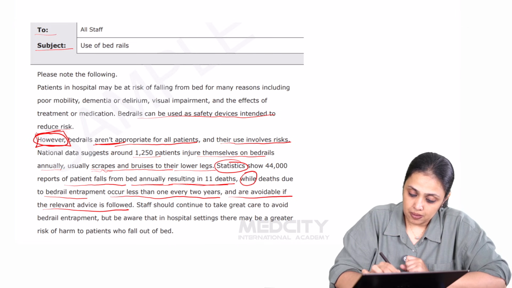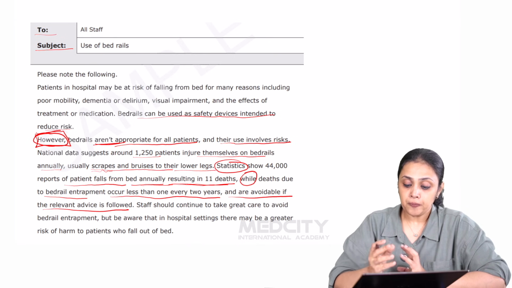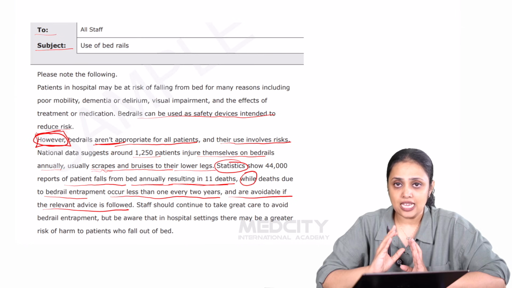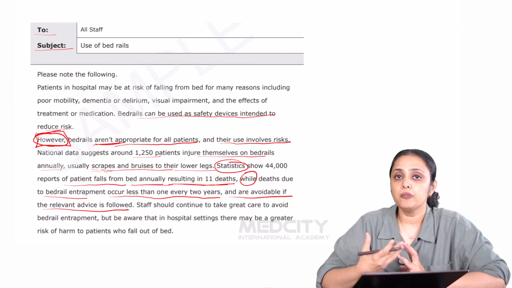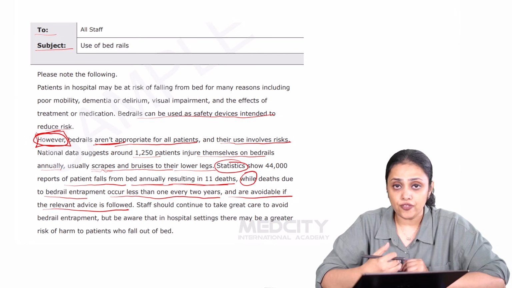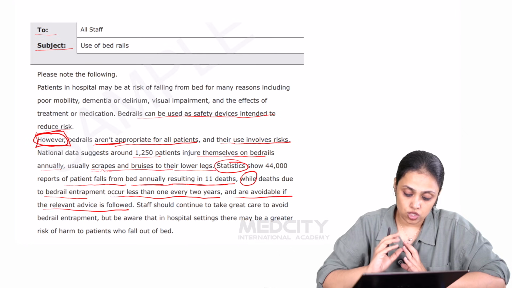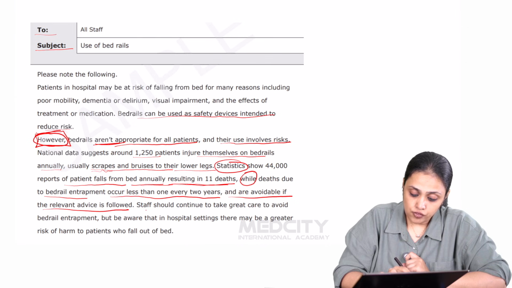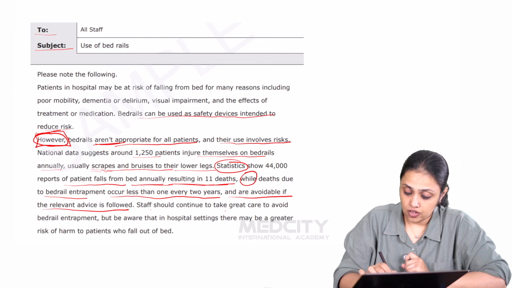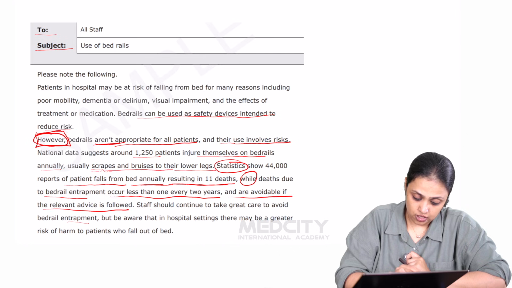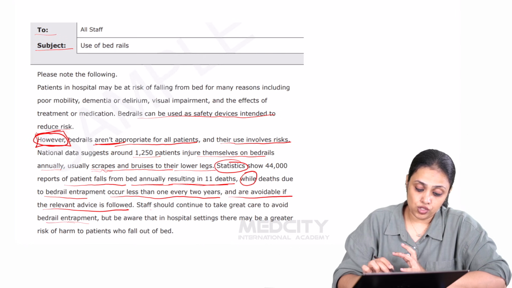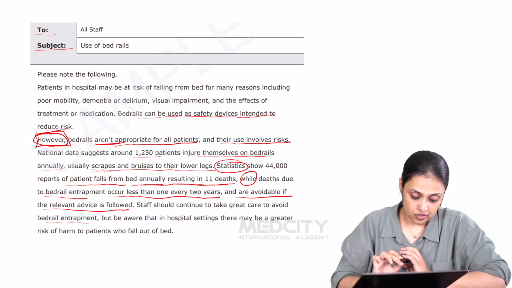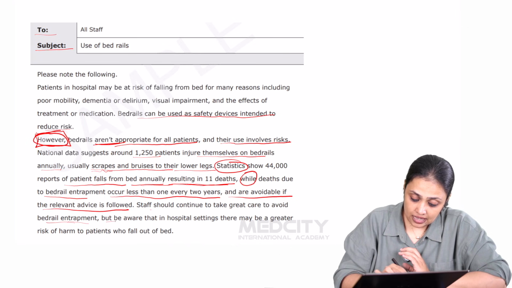Which means that from this comparison, we are to understand that even though risks are involved with the use of bed rails, as per statistics, it is clear that the number of deaths that result from fall from bed is much higher than those caused by bed rail entrapment. Then what is said? Staff should continue to take great care to avoid bed rail entrapment. Okay, staff should be careful to ensure that patients do not get involved in this bed rail entrapment. But be aware that